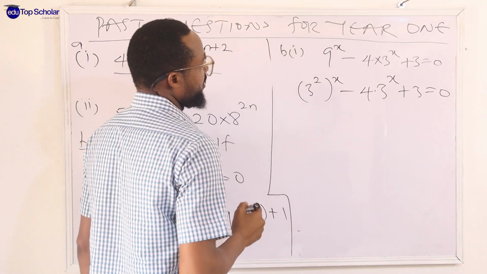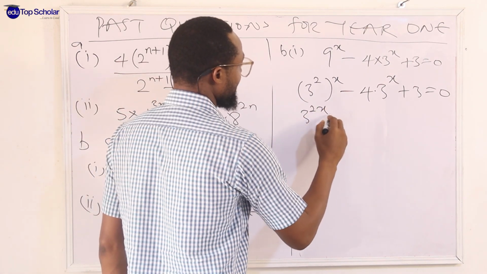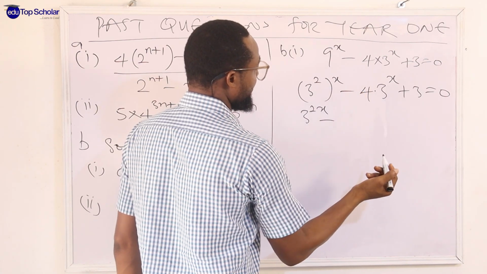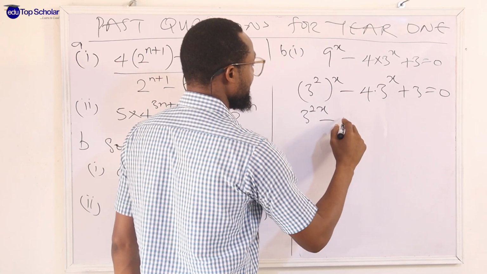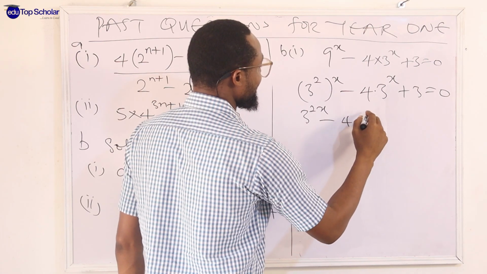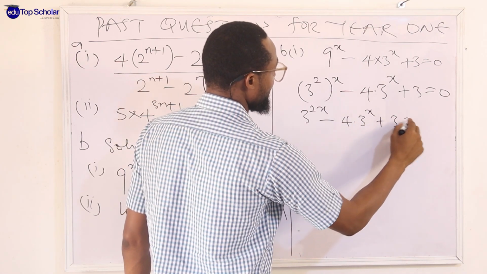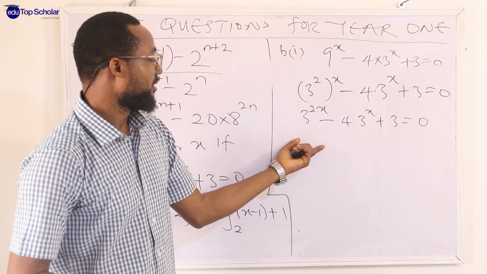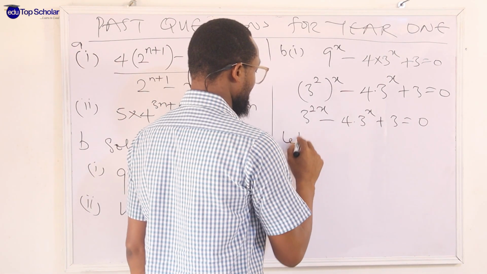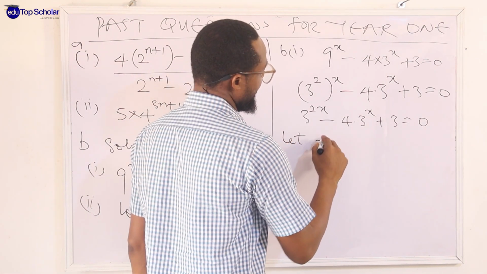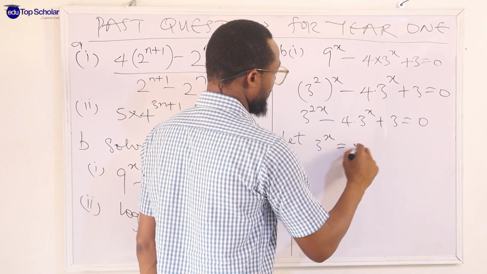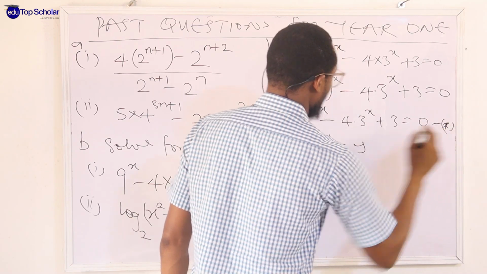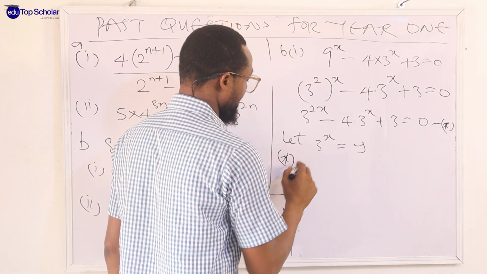So this will give us 3 raised to power 2x minus 4 by 3. I can decide to multiply it out. Okay, and we can still leave it because of the next operation we want to perform. Plus 3 equals to 0. You know, this looks quadratic already. If I want to make an assumption now, let 3 raised to power x be equals to y. You know, it follows that this equation now, let's call it star. Equation star becomes,